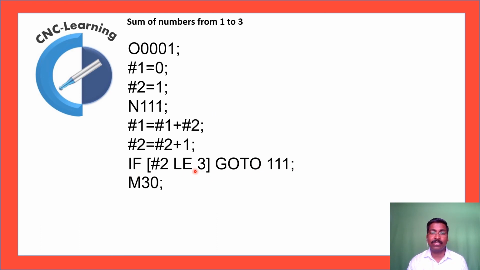So the major difference here is the program will execute at least once, irrespective of whether hash 2 is less than or equal to 3 or not. This program will execute minimum once. It all depends upon the initial values of hash 1 and hash 2. Then further this statement will take care.